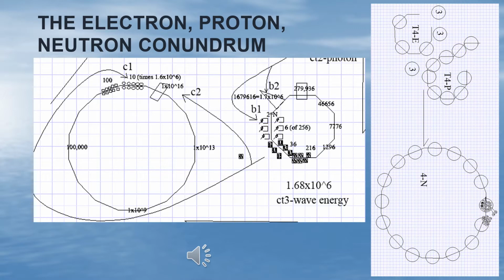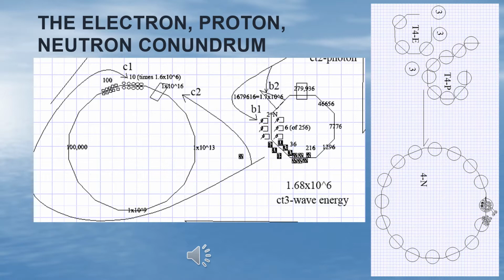The drawing on the left shows what a CT3 state would look like when filled and what a CT4 state would look like when it's filled. But it's important to understand that while these show the number of information arms and how those information arms might be filled, this is actually just a series of mathematical solutions.